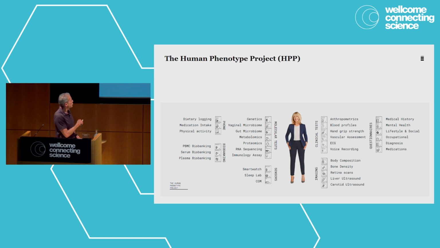And so here we do a full human genetic sequencing. We look at the microbiome, the vaginal microbiome, the gut microbiome. We use mass spec to do metabolomics. We've started to do, but actually are looking for ways to do proteomics now. We're doing a bulk RNA sequencing, and we have a novel immunology assay that we adapted from the lab of